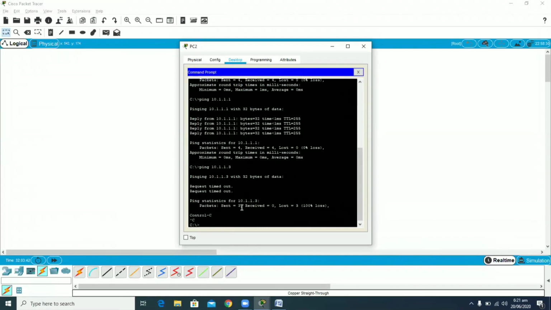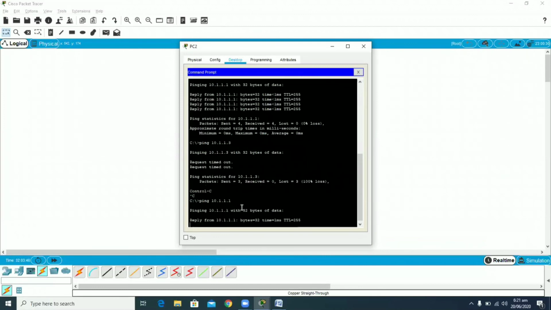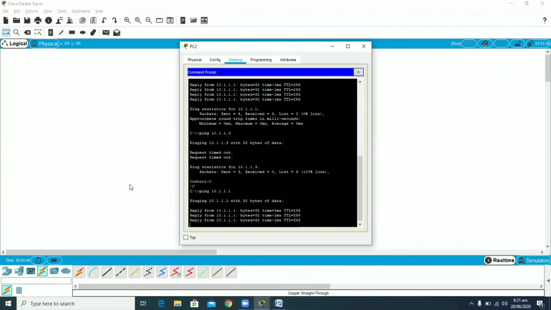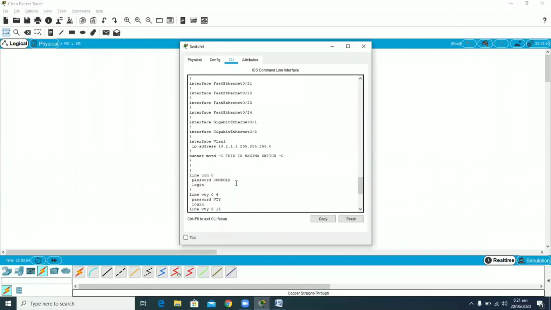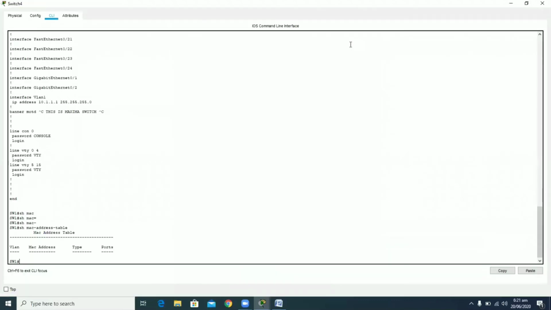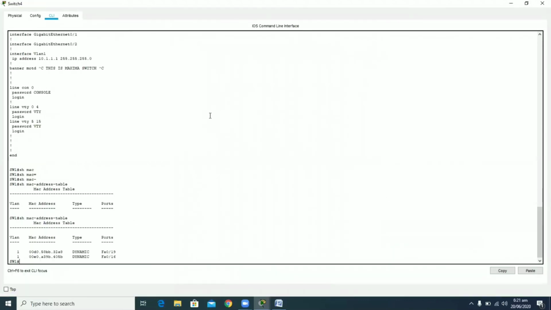Sorry, I will be pinging the switch. So this is the TTL receiving to us, and similarly I will be pinging from here. And now if I check my MAC address table, then the MAC address table will show me both the entries. So I hope that the MAC address aging time and the other basic functions of the switch are now clear to you.